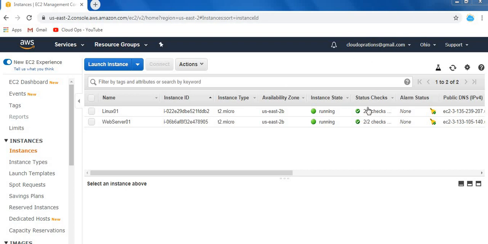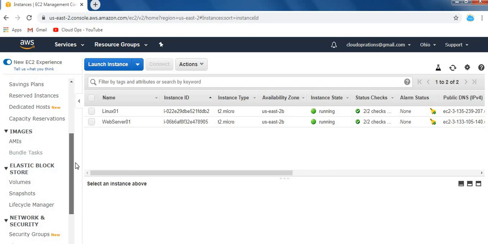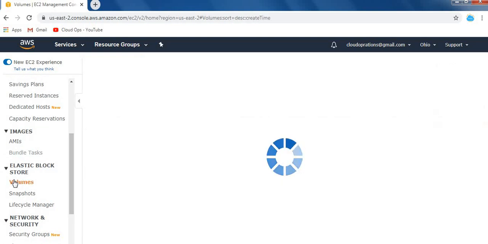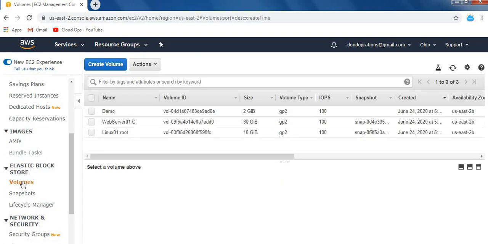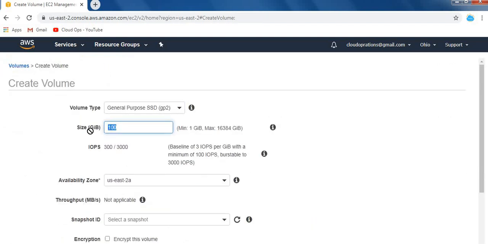Login into your AWS console, go to EC2 and come here in Elastic Block Store, inside Volumes. Okay, so I have already created one volume called demo, but let me show you how to create the volume. Here is the option Create Volume. Just click on it, give the size of the volume which you want.